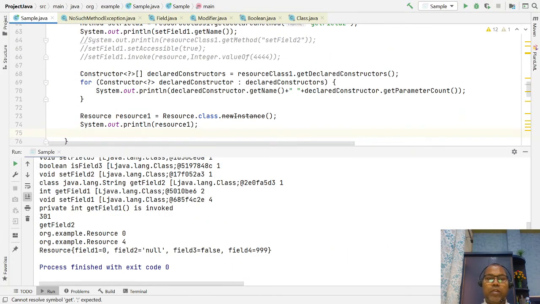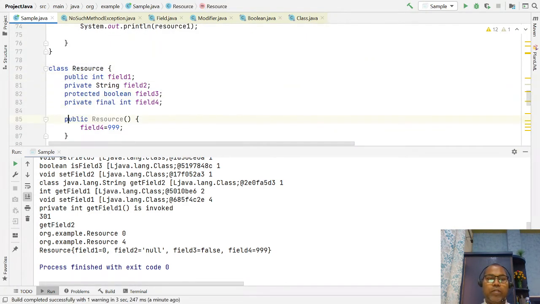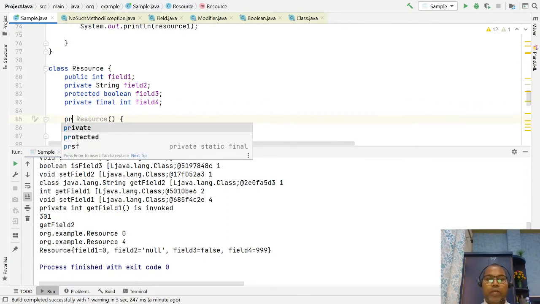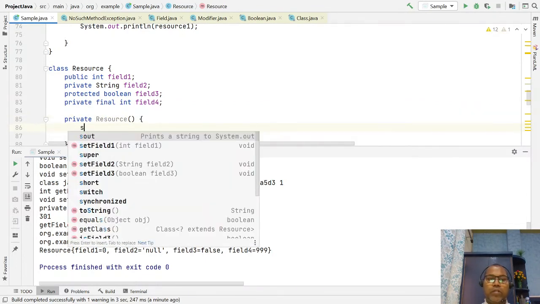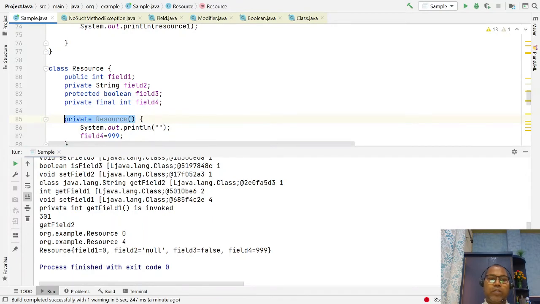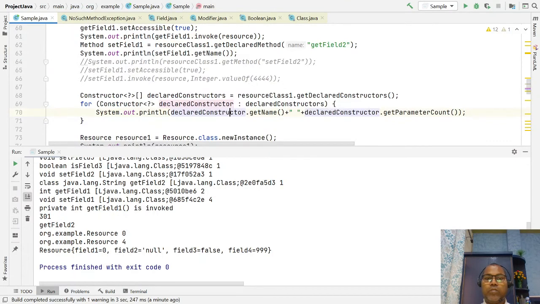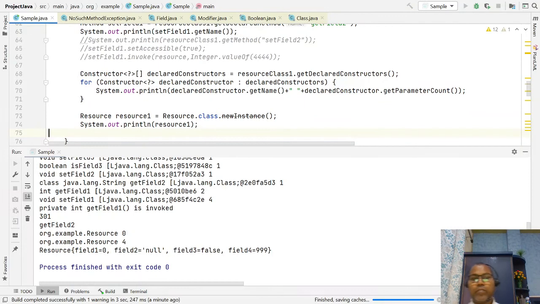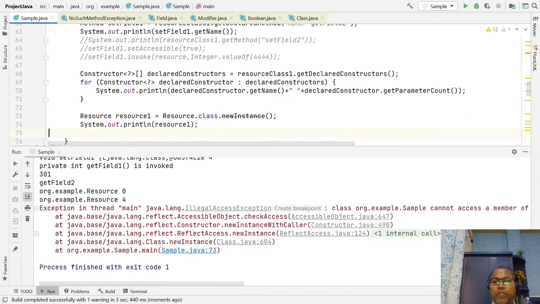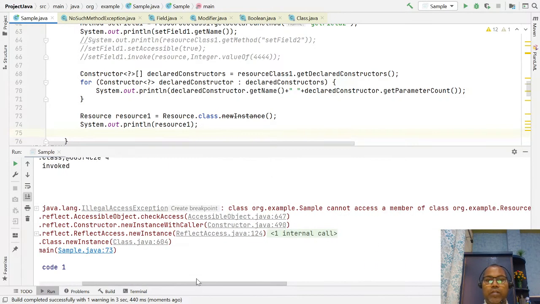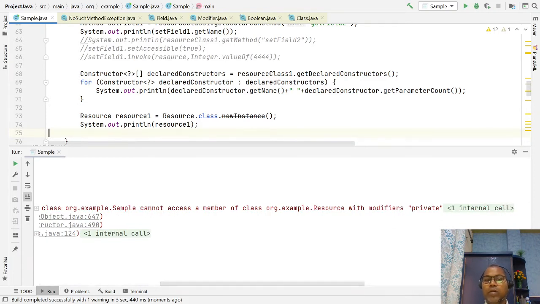If you go here and try to see private, just test out the private constructor. Now just try to run this. So this is private, not allowed. So what you do instead of writing this, you say